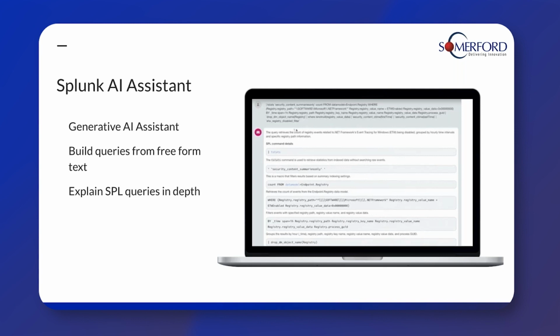So this ability to both build queries and to dissect queries can be really powerful at leveling up a lot of people that are training or learning about Splunk, or of course C-suite users that really just want to get an answer about what's going on, just want to ask standard questions, don't need to learn SPL, can just ask it for answers. Basically just ask it a question, it will give you the answer. So this is really exciting, obviously, and a very cool addition to Splunk.